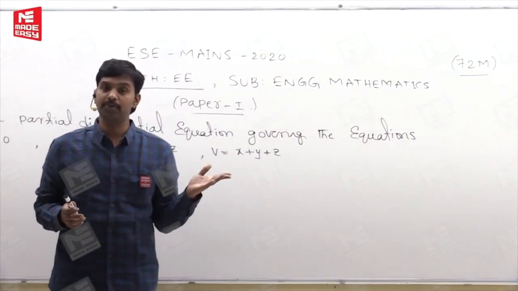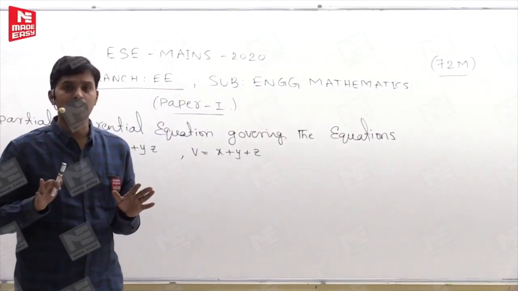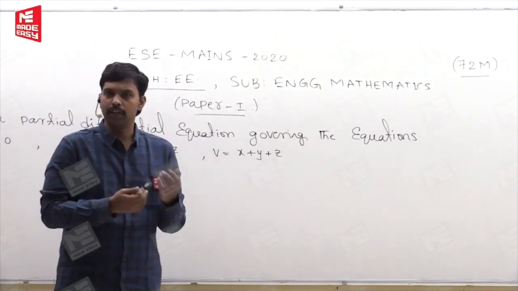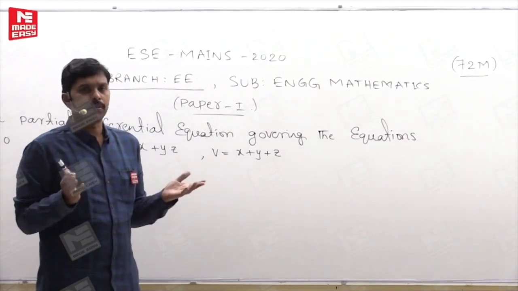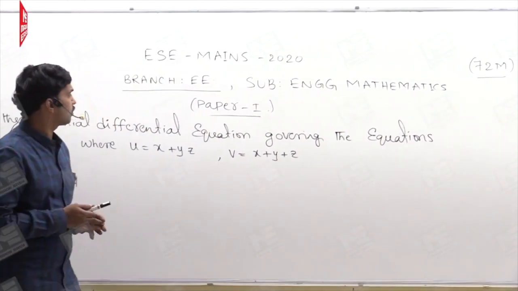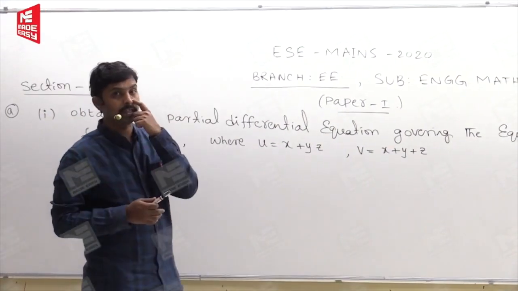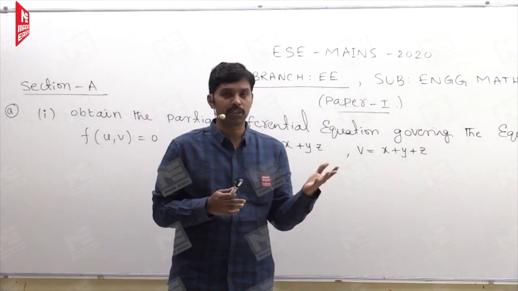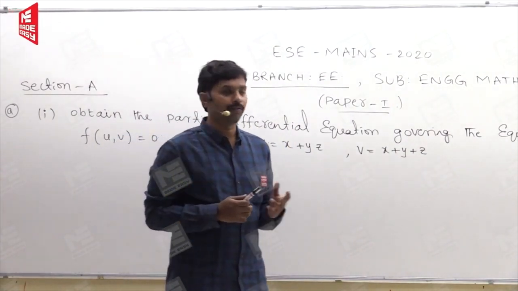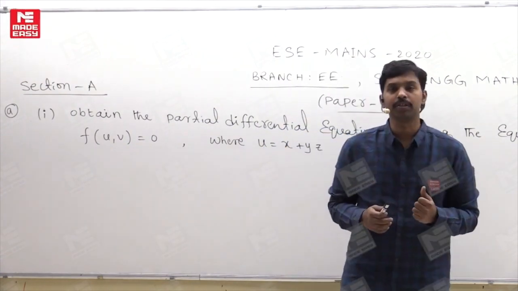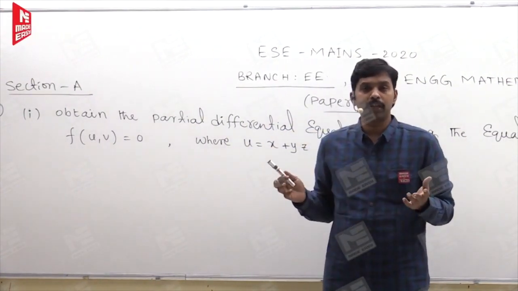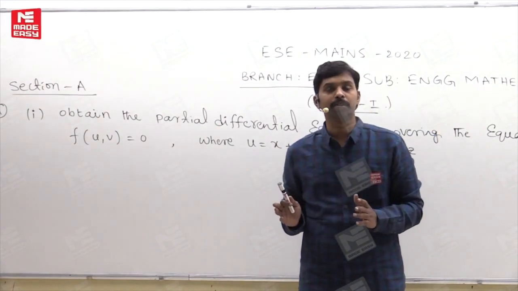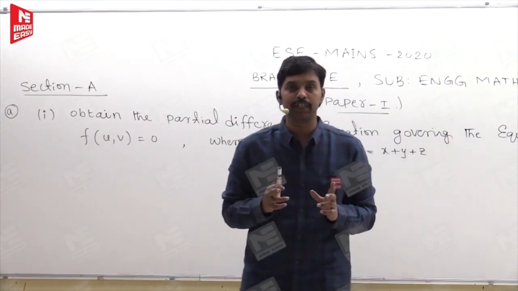It is equal to last year's weightage, so absolutely it is the same weightage, and the topics covered are also the same, but some extra Fourier series is included here. That is the only thing. And surprisingly, partial differential equations are given in the first compulsory question, which is the first one. So the questions have been given on partial differential equations, and now I'm going to explain the clear solutions of this Engineering Mathematics subject for the Mains Electrical 2020 examination.